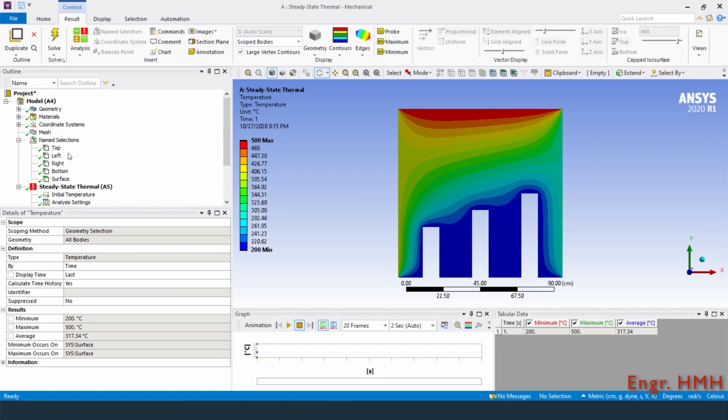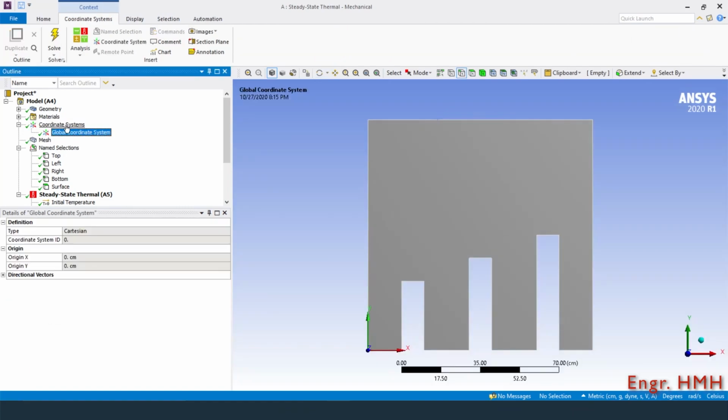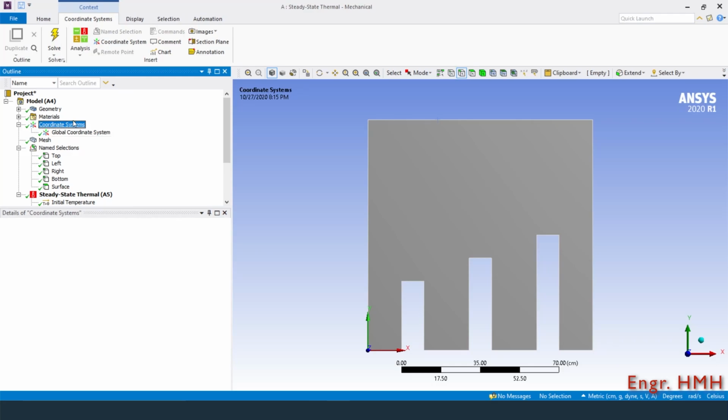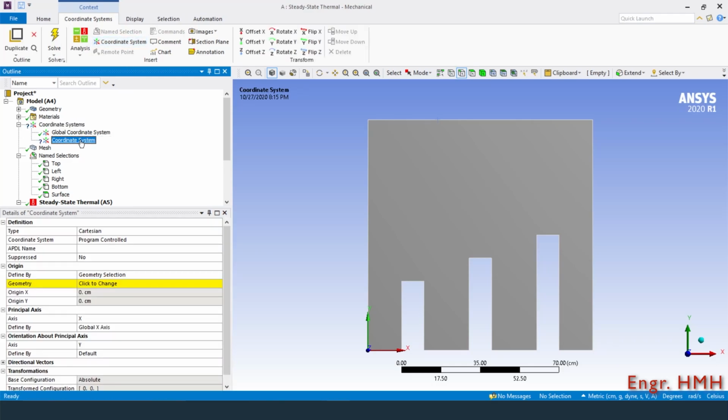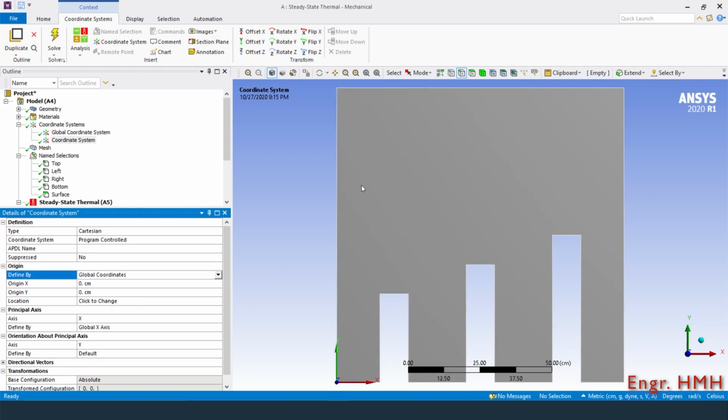To view the temperature at a particular position, select the coordinate system and create a new coordinate system. In the defined by portion, select global coordinates. Provide the position where you want to measure the temperature value.